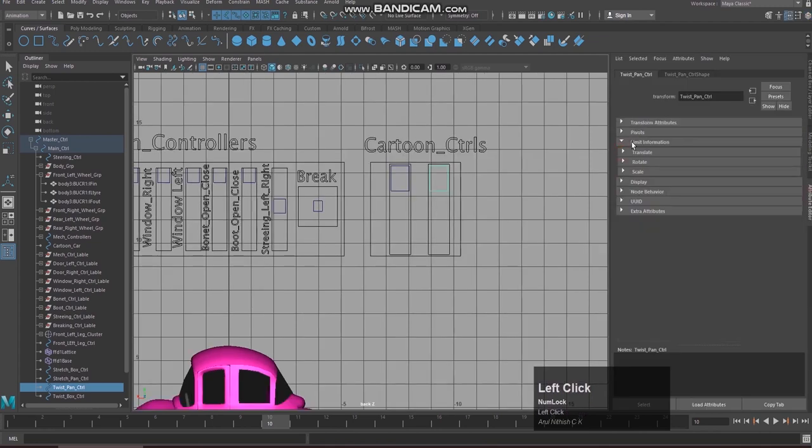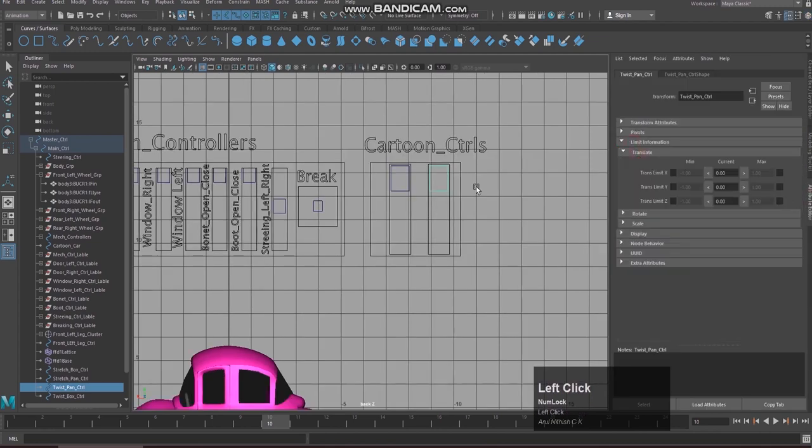So for the translate, this is the maximum limit. And come down, this is the minimum limit. And this is the maximum limit, this is the minimum limit for the translate Y. Yes, it is done.